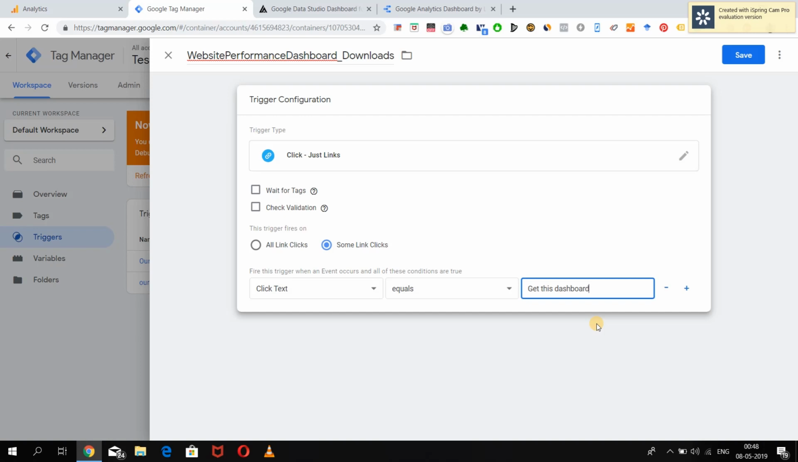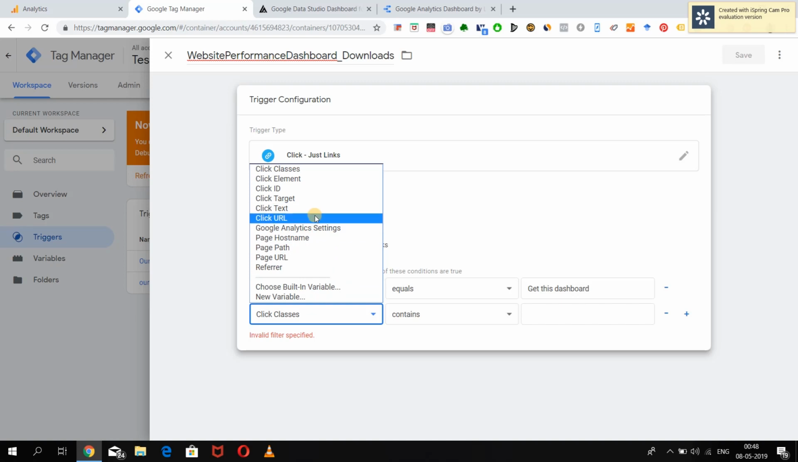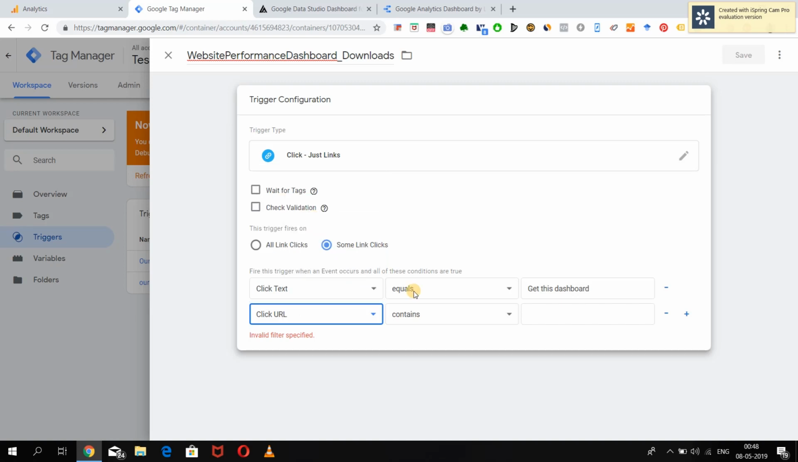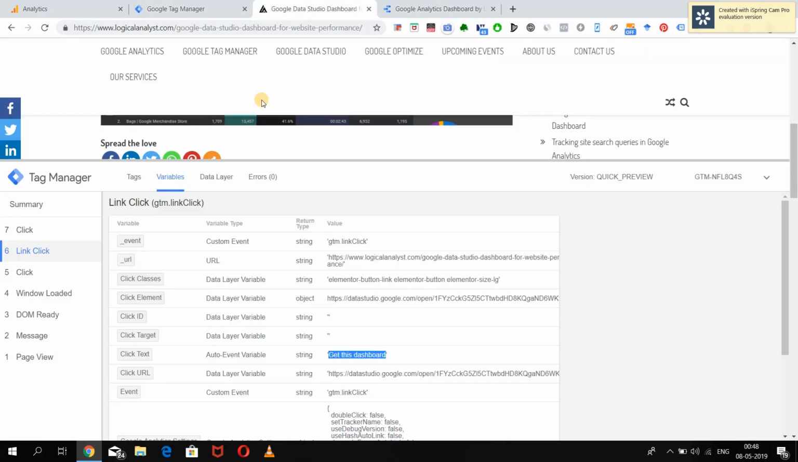We can have a lot of buttons which have this name. So just in case, to make it double sure, we will add another condition to the trigger. This time we are going to make use of the unique parameter of the button click, that is the click URL, which is the URL of the Data Studio dashboard. As you can see here, we can go to the website, and under the variables, copy this link